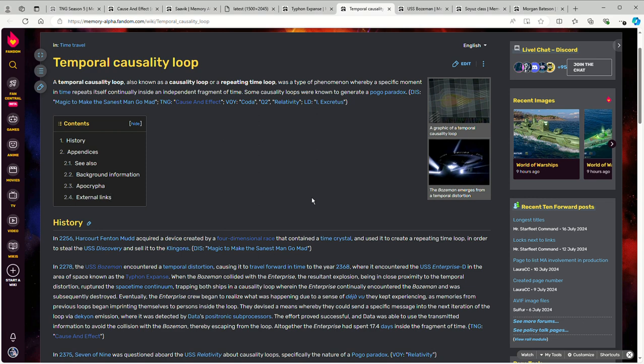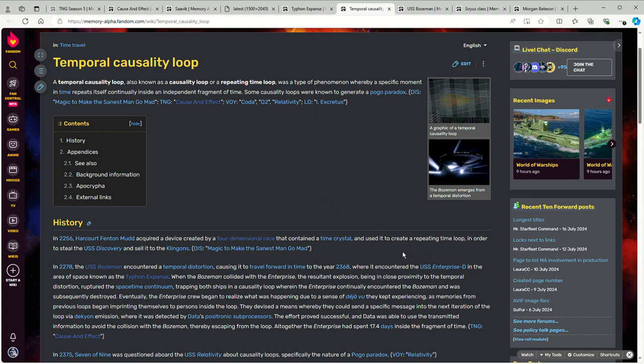Now, going into the specific details of how there's a temporal causality loop is less important. You just need to have an explanation for why the loop exists. Because let's face it, we're dealing with sci-fi concepts that don't have any basis in reality, and thus actually explaining them fully is impossible because it's not real. Anyway, though,